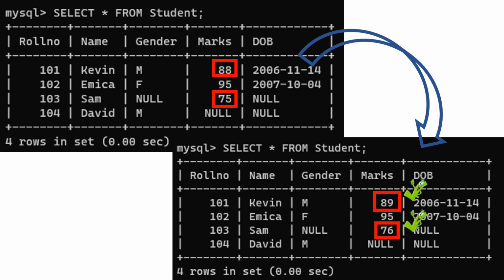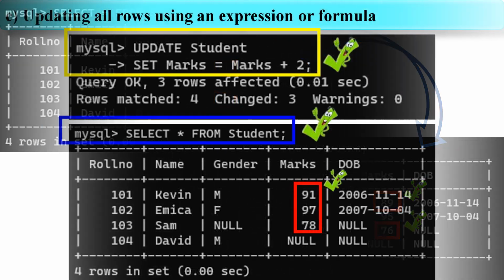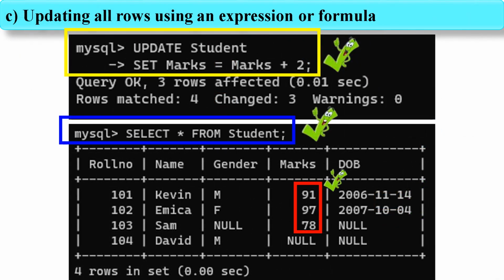So, the update statement shall increment the value of marks by 1 for the records 101 and 103 respectively. Let's learn how to update all rows using an expression or formula. Let's see an example. Look at the yellow box. We type the statement, UPDATE student SET marks = marks + 2;